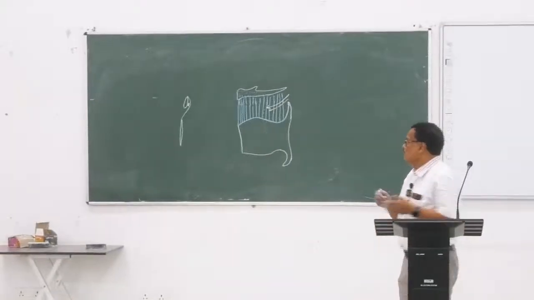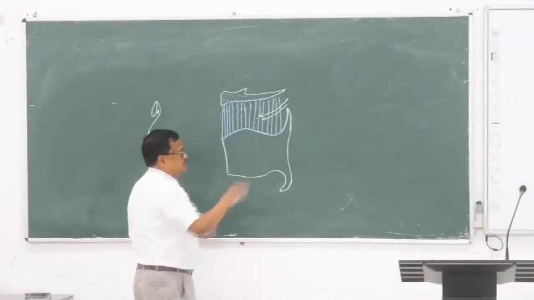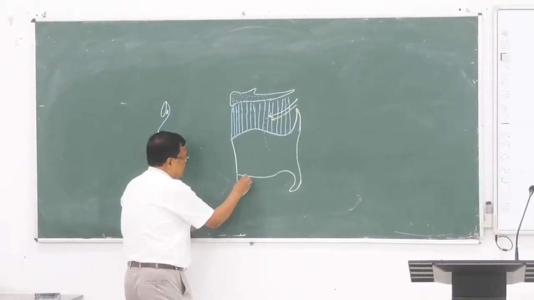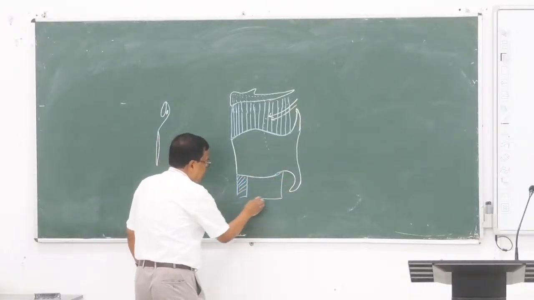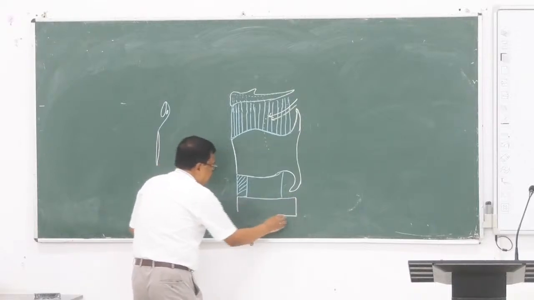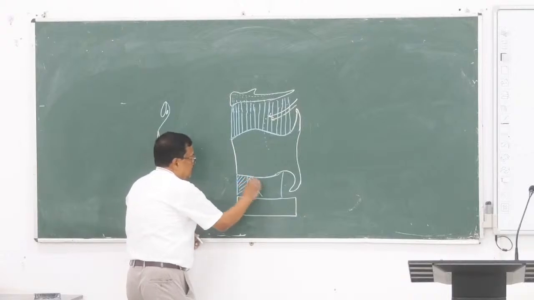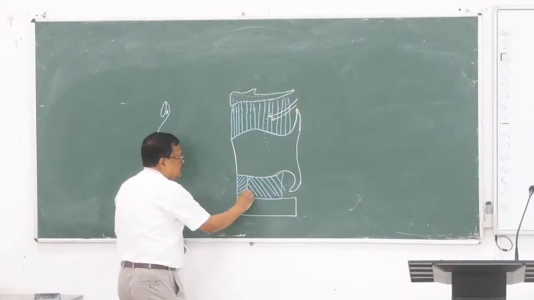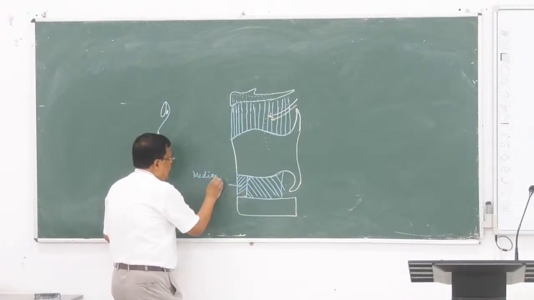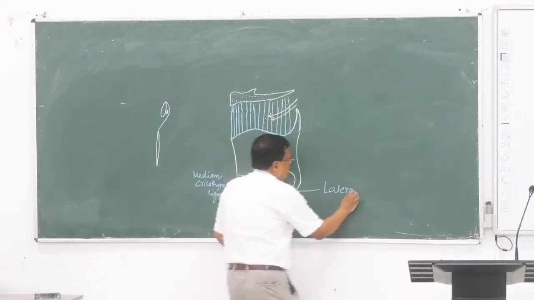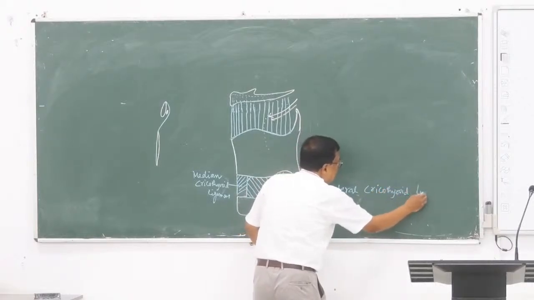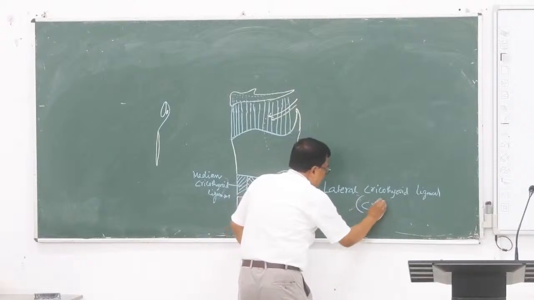Or cricovocal membrane. তাহলে আমরা থাইরয়েড কার্টিলেজের আমি মাসলটাকে আঁকছি না, এই মিড লাইনে there is a ligament, median cricothyroid ligament, and lower পার্টে এটা হচ্ছে cricoid cartilage, lower পার্টে আরেকটা লিগামেন্ট, membrane like ligament, we call it lateral cricothyroid ligament. এটা হচ্ছে median cricothyroid ligament. এটা হচ্ছে ল্যাটারাল, এই জিনিসটা ভুলবে না কিন্তু, ল্যাটারাল ক্রিকোথাইরয়েড লিগামেন্ট, এর আরেকটা নাম হচ্ছে ক্রিকোভোকাল মেমব্রেন।